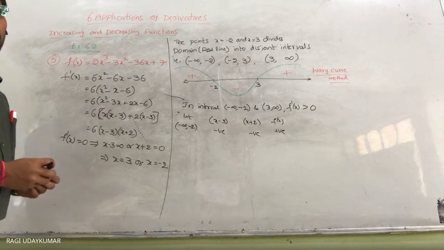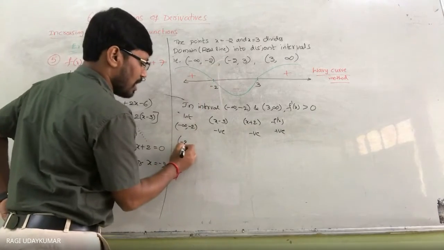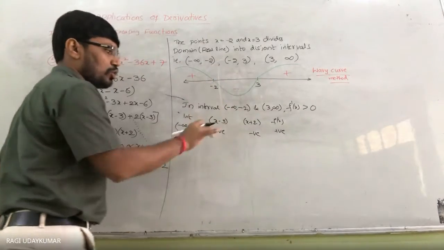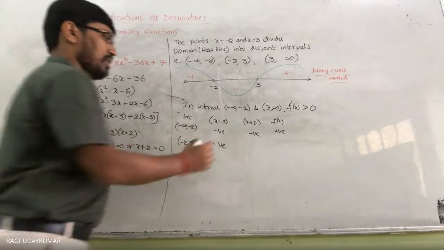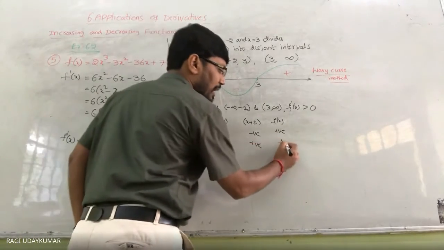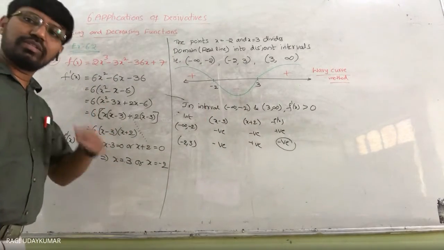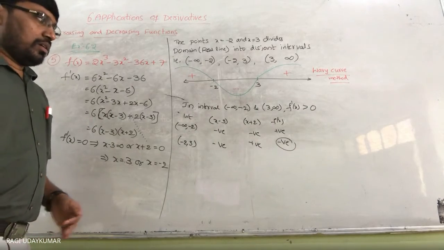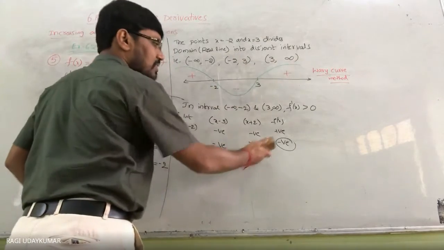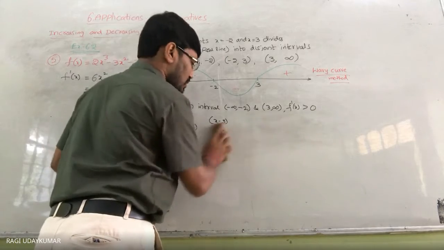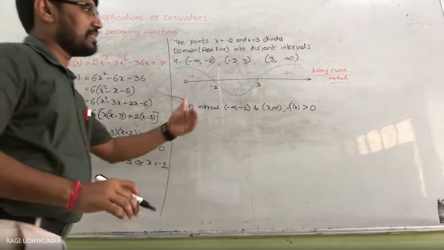Now, to do this, the problem has a bit too much length. You can do it like this also. Take the interval minus 2 comma 3, and substitute 0 in between 2 and 3. Substitute 0 here, this will be negative. Substitute 0 here, this will be positive. Multiply both, it will be negative. The final result is negative. Already we give the root negative directly. You can write the wavy curve method whenever you are using it directly. So this is not necessary to do. That's what I'm saying. Even for 3 to infinity also, if you are seeing like this, our intention is to see how f dash of x behaves. So therefore you have to write that f dash of x is greater than 0.